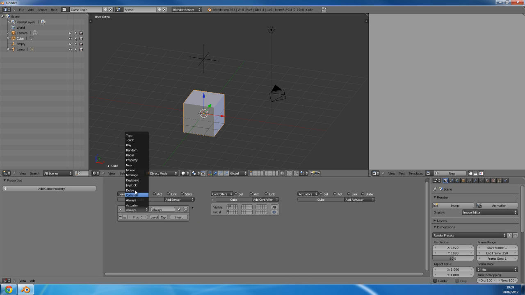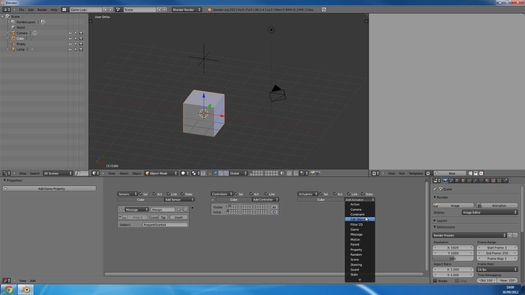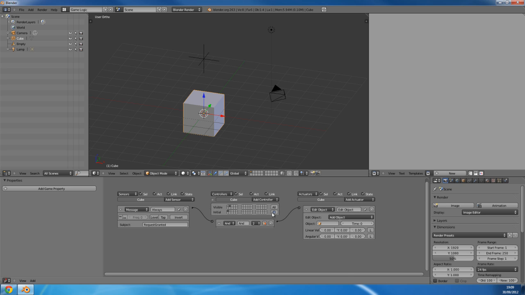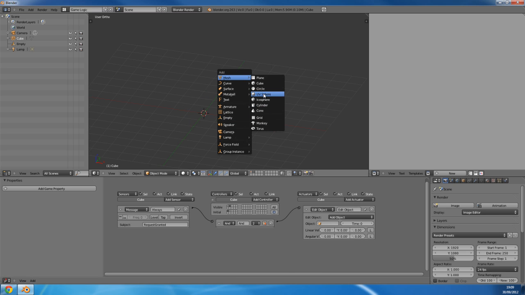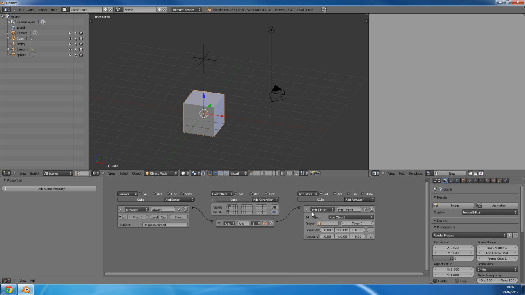or rather a message sensor, request granted, and then we'll give ourselves an edit object actuator and connect that to that, and we'll have it add another object which we can add now, a sphere. Add the sphere if we get a request granted, otherwise we get a message,